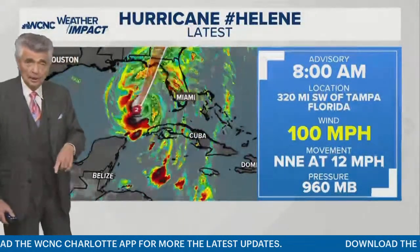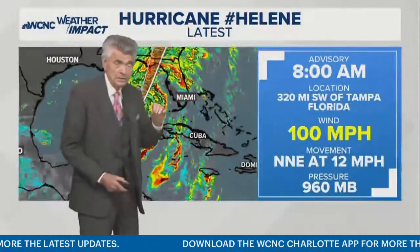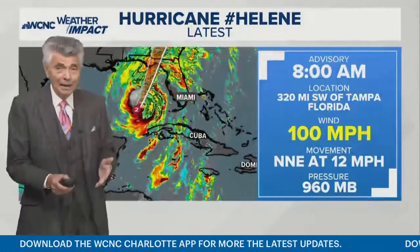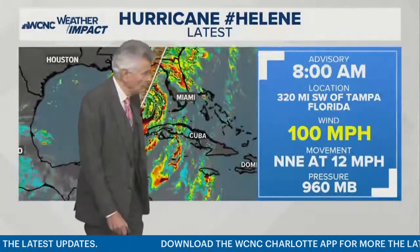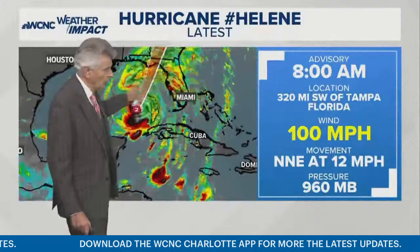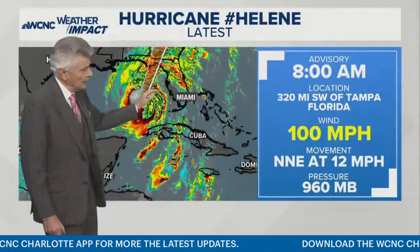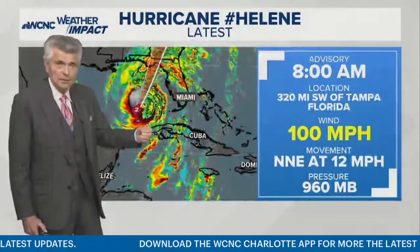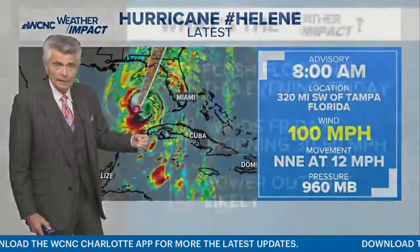This is our latest advisory, by the way, on Hurricane Helene. This was the 8 a.m. advisory. It's starting to intensify, and now the winds are up to 100 miles per hour, getting stronger with every update from the National Hurricane Center. The current position is about 320 miles southwest of Tampa, Florida, and the movement is north-northeast at about 12 miles per hour. It will make landfall probably sometime this evening near the Big Bend area of Florida, and with that